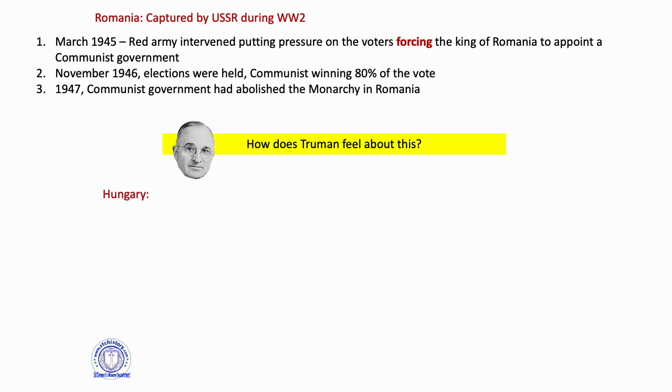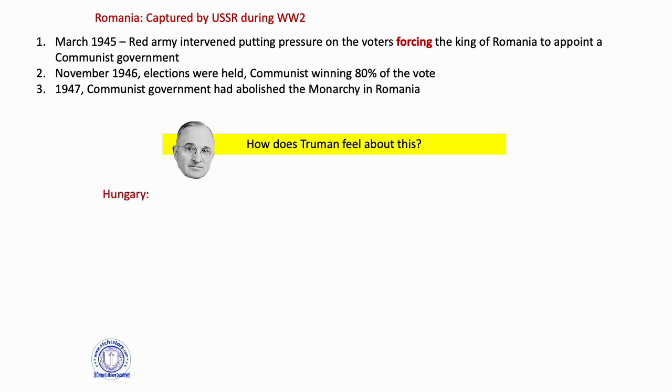Hopefully it's going to be quite obvious to you, but keep in mind everything we've talked about in this lesson as well. The paranoia and concern is definitely growing, ramping up, in fact. So Romania's gone. The monarchy's gone in Romania. It's a communist country now. Then we move over to Hungary.